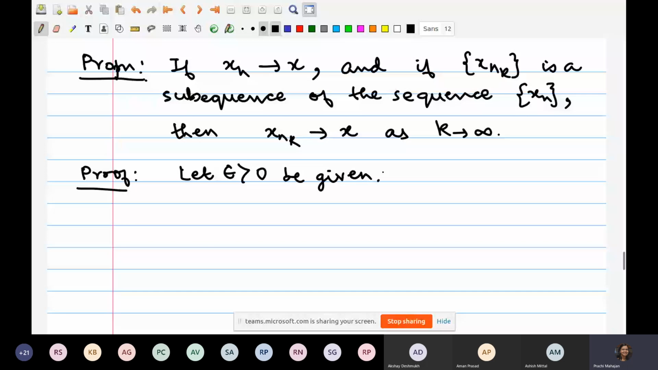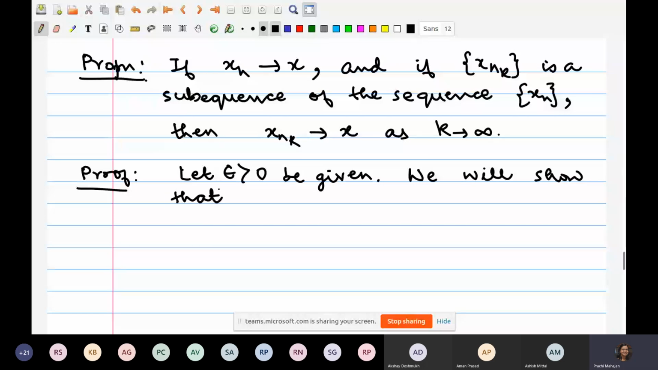So you are given a convergent sequence xn of real numbers converging to x, and xnk is a subsequence of the given sequence, and you have to show that xnk also converges and to the same limit. Yeah. So what will we show? We are required to show that. Let me write it down. We will show that